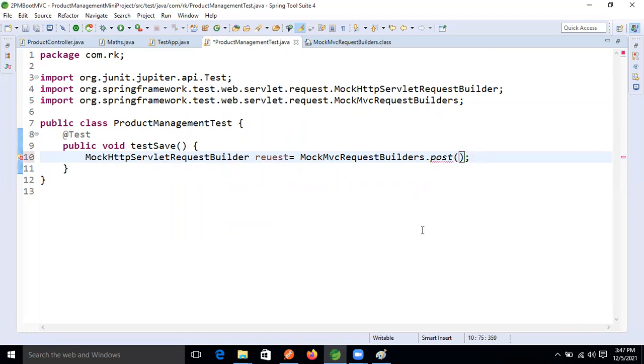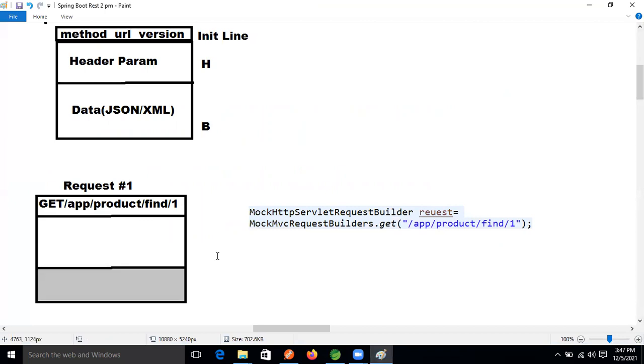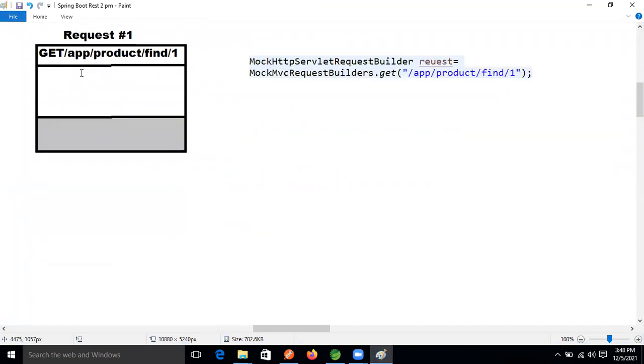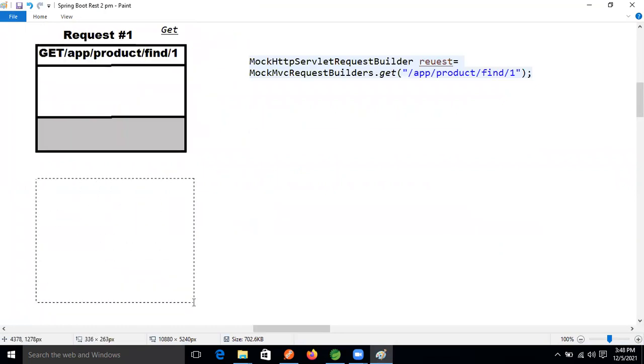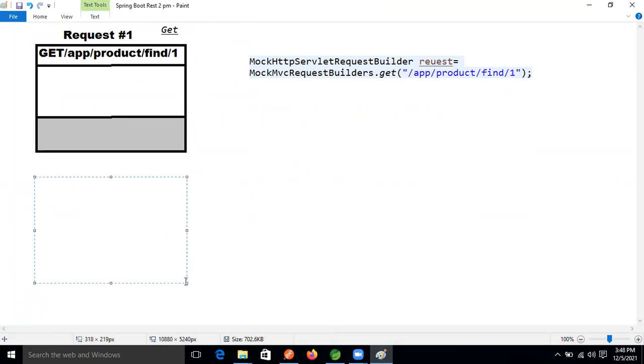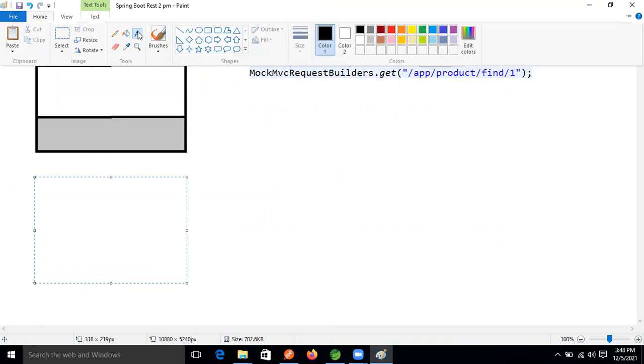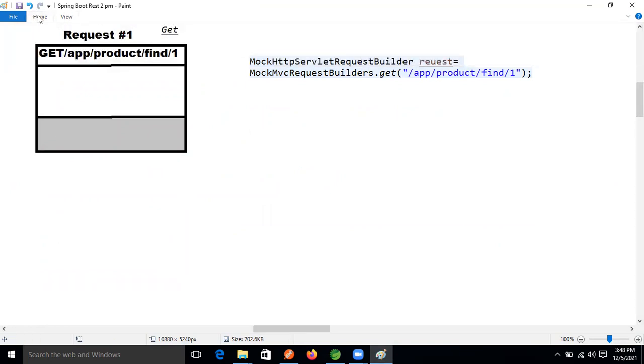First we will understand the HTTP request, guys. First we will understand the HTTP request about post. This request is for the get purpose, right? Let's understand how the request is used. If we want to make the request using post, what is the right request structure? Let's see that.